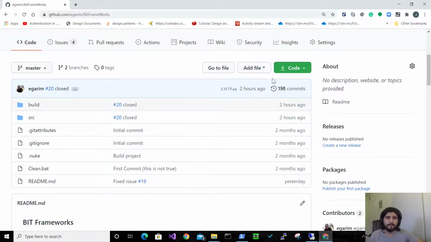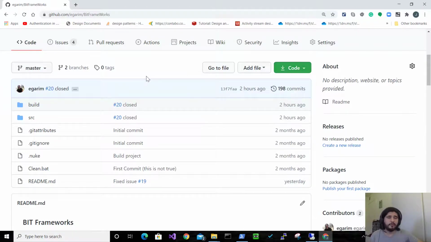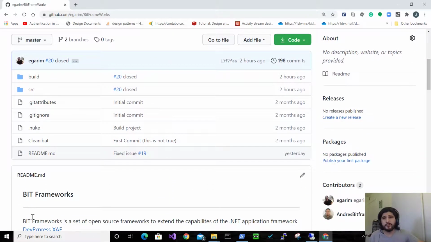You can do that by clicking this green button here, and then you can either copy the URL, get it on your GitHub Desktop, Visual Studio, or as a zip. That is up to you. You decide how to do it. Once you have the source on your computer, you just need to go to the source folder, the src folder,